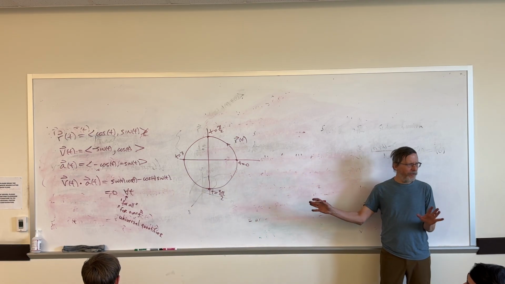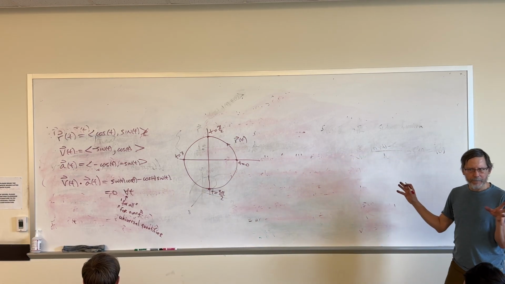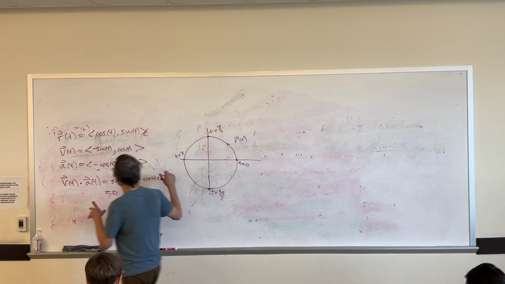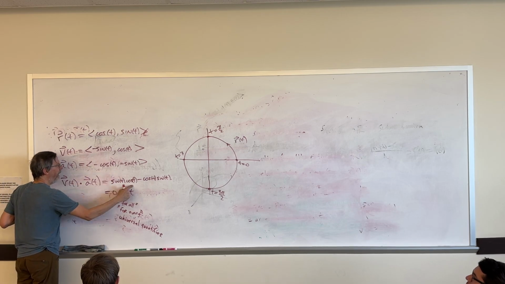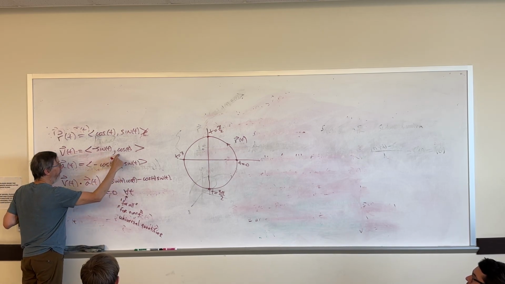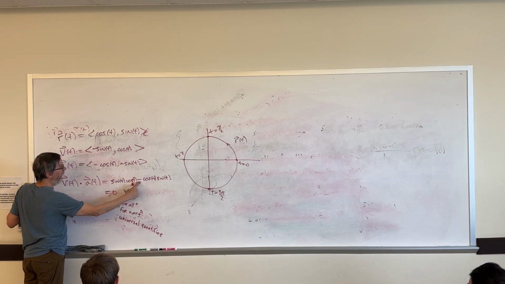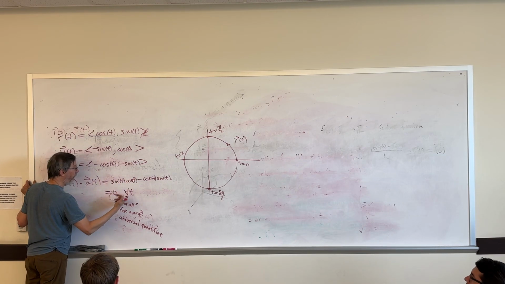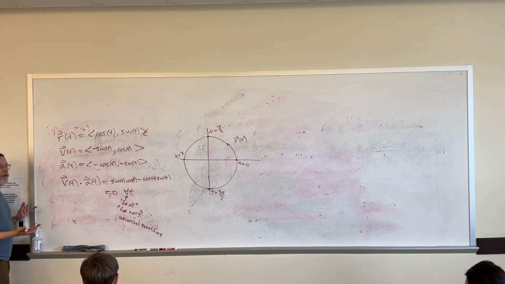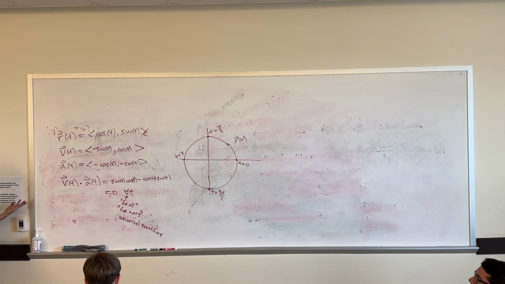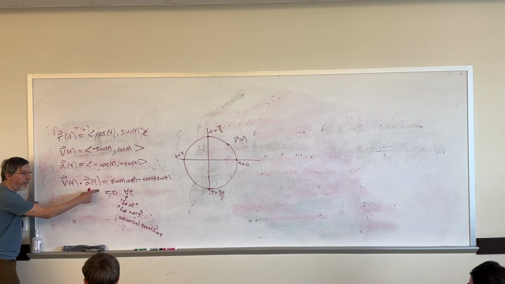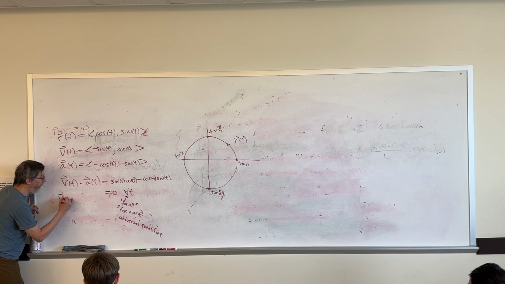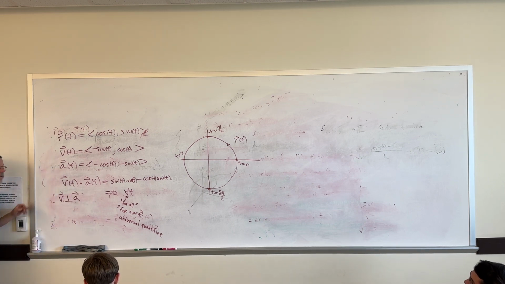Are we feeling okay about getting 0 out of that dot product? Because I took negative sine of t times negative cosine of t, got positive sine cosine, plus cosine of t times negative sine of t gave me negative sine cosine, and those cancel, and I get 0. What can I conclude about the velocity vector and the acceleration vector? 90 degrees, they're orthogonal. So the dot product is 0, so that tells me that the velocity vector here is orthogonal to the acceleration